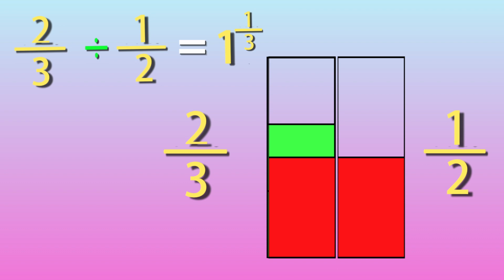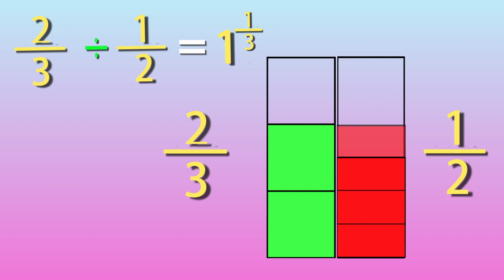Let's divide our half into 3 different sections. Now let's take 1/3 of a half, one of these 3 pieces, and add it to the half we already used to fill in some of the 2 over 3 area. Look, once we add it, the whole of the 2 over 3 area is filled in. And to do that, we used a full half and 1/3 of a half. In other words, the amount of halves that go into 2/3 is 1 1/3. So 2 over 3 divided by 1 over 2 is 1 1/3.